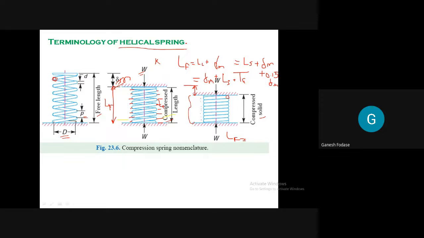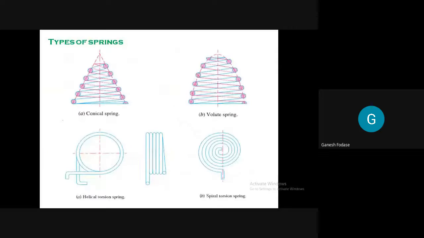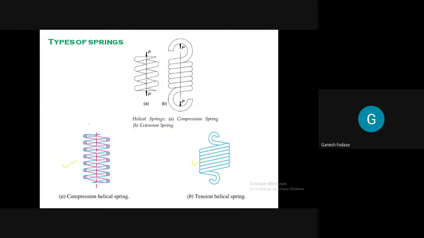No, sir. Okay. Now, there are some important terms that are repeatedly used in spring design. That terminology we will discuss. First, I told you solid length, free length, compressed length. Okay. Wire diameters. So, capital D is the mean wire diameter. Capital D is mean wire diameter. So, I'll show you some diagram in detail. Okay, you can see now.